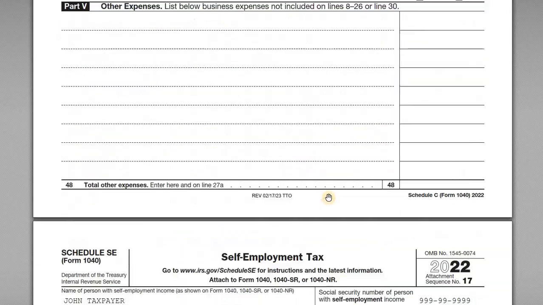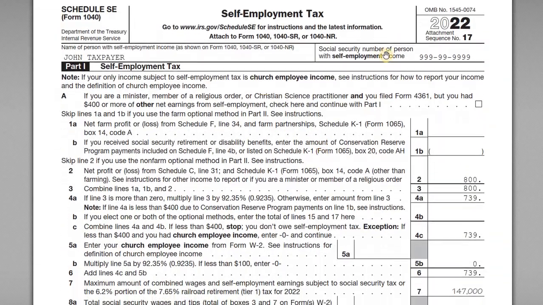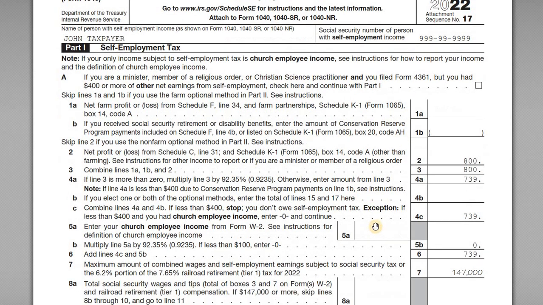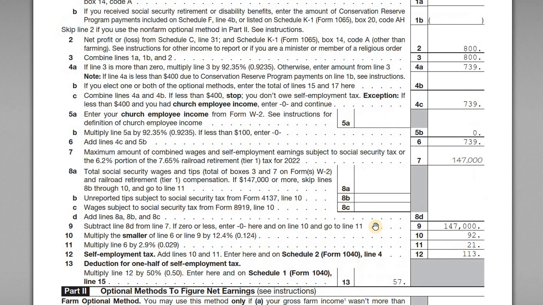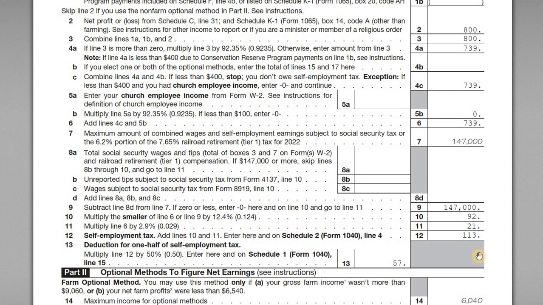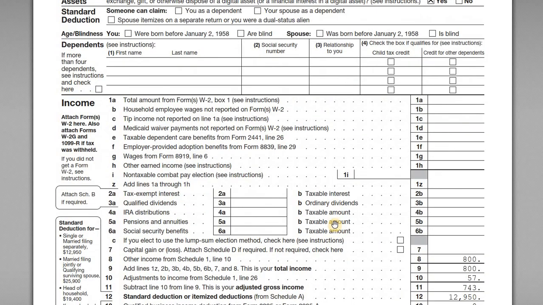That's great. And what we need is here, Schedule SE for the self-employment tax. So John completes the self-employment tax worksheet, and then it computes his employer and employee portions of the self-employment tax, and what piece is deductible. And so those are the numbers that are ultimately flowing up here to pages 1 and 2.